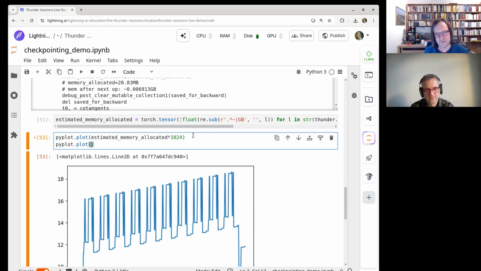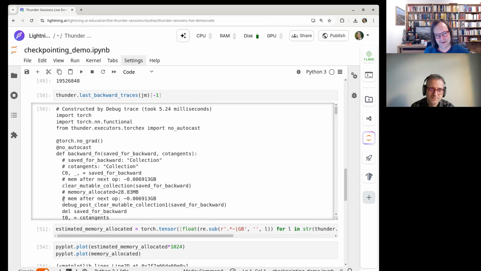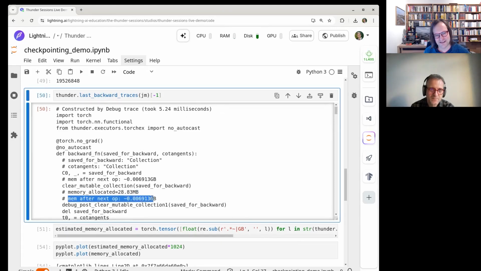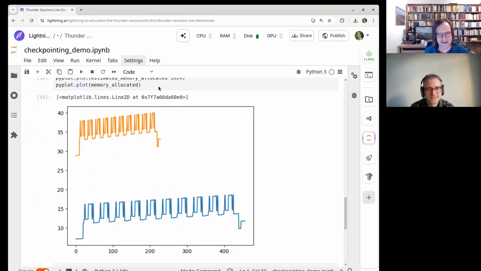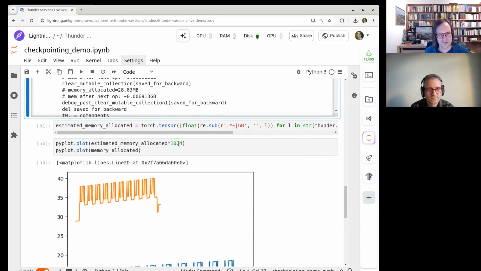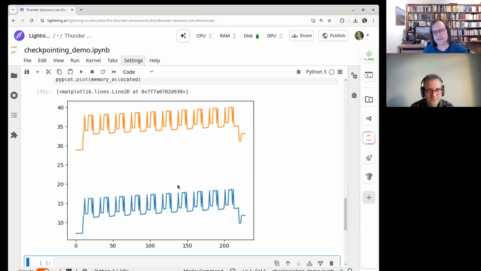There's an offset because there's memory from the forward or the allocated model parameters that is counted in one. And the other thing is that this runs after everything, so it also inserts this line for the debug information. Of course, we don't want that. So in order to make it really comparable, we need to only keep every second thing. Perfect. You see it really